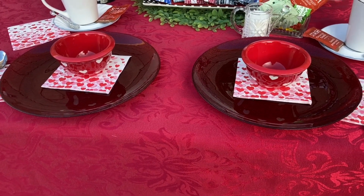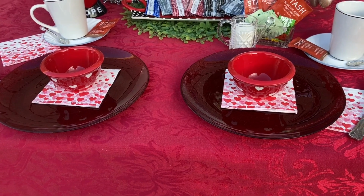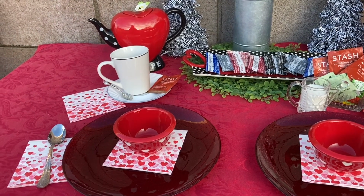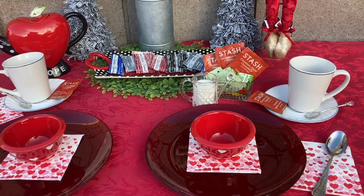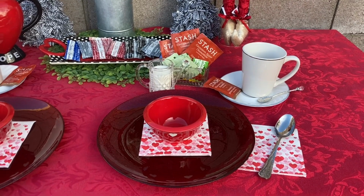So we're here for $5, $10, about $15 for the Valentine's breakfast in the garden. So that's not too bad. Most of these pieces I already owned and had, so that always helps. Always shop that house before starting any project. You'll be amazed at what you can save, because the cups I already had, the silverware I already had,